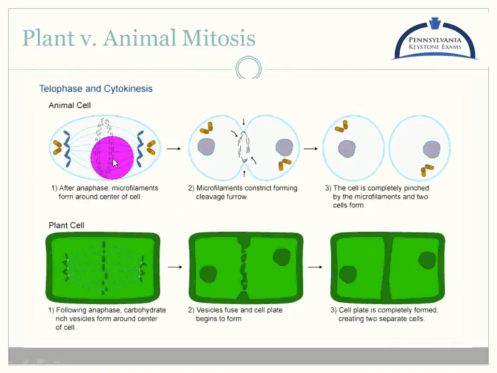In anaphase, in animal cells, at the end of anaphase, we get this little ring of filaments and tubules, and what it does is it kind of wraps around the cell and pulls it in together. It is called a cleavage furrow, and it pulls it on in, and basically pops it into 2 separate cells. Just a little bit of a difference there.